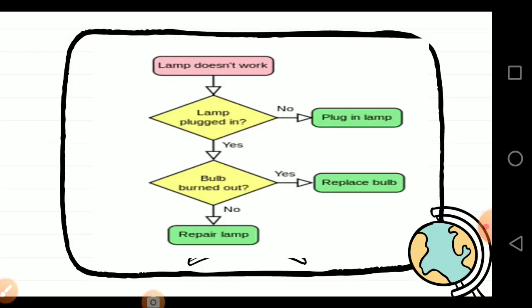See, this is an example of an algorithm. What is the problem here to solve? The problem is my lamp. What are the steps involved for repairing a lamp? So the first step is, lamp doesn't work. So what do I have to do? There we'll have to check whether the lamp is plugged in or not. If it is plugged in, we have to follow another section, or if it is not, then you have to